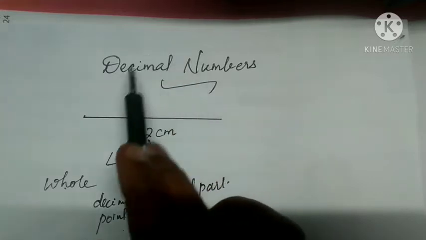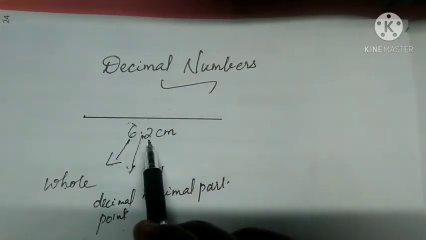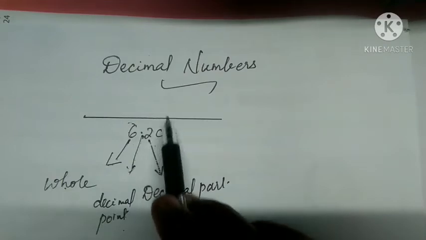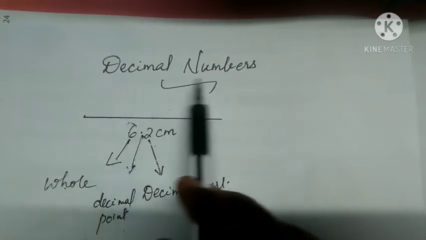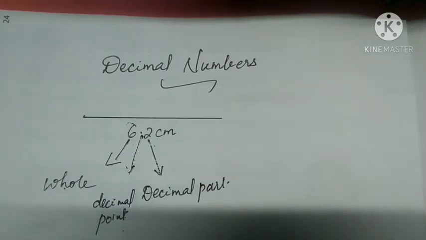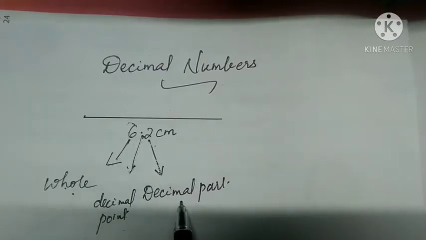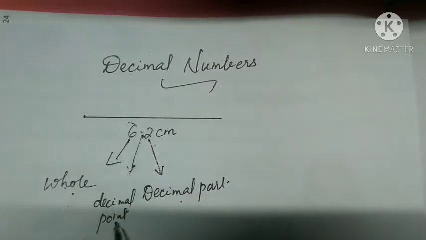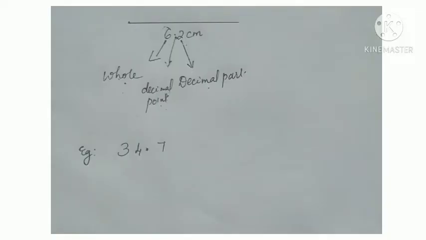It's a special type of number. It has a whole number part and a decimal part. So this number is commonly named a decimal number. Understand? Decimal numbers have two parts, the whole number part and the decimal part. These two parts are separated by a small dot known as the decimal point. Understand? Another example,